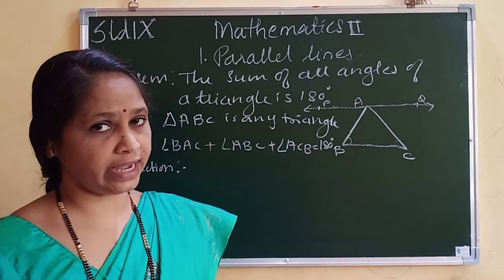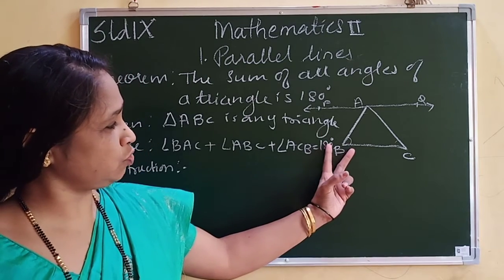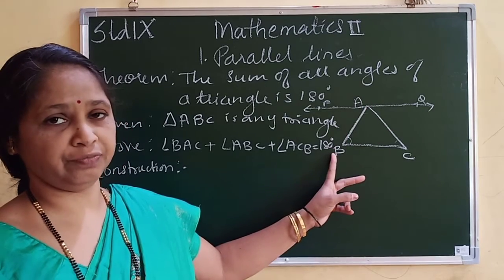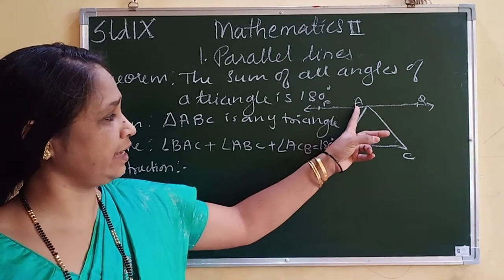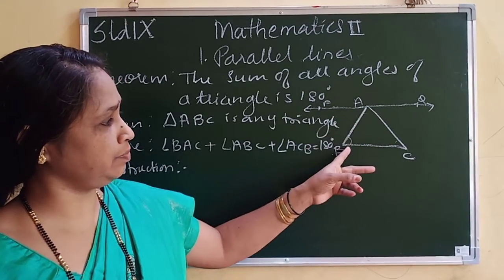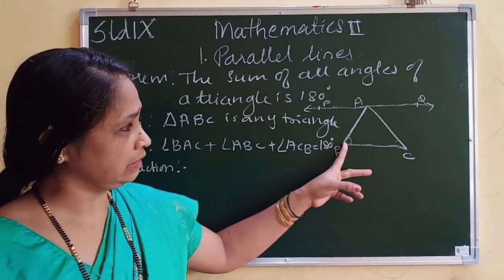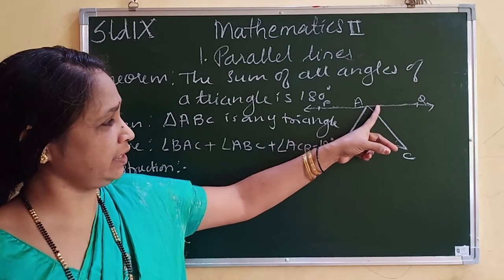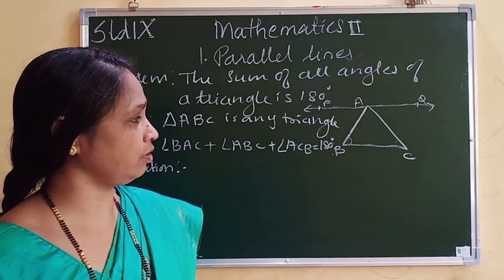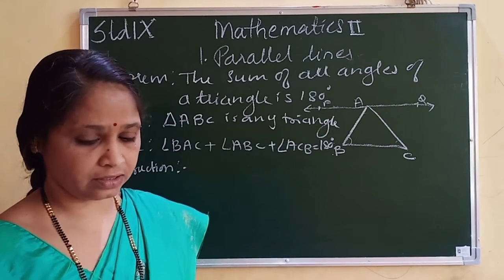Now due to this, angles are formed. Which type of angles are formed? Here these two are parallel lines, so we will consider BA as a transversal. When BA is the transversal, angle A and angle B will be corresponding angles, and corresponding angles are congruent. In the same way, angle A is congruent to angle C; these are alternate angles, and alternate angles are congruent.